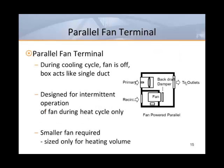Parallel fan terminals have higher system pressure requirements because the air handler moves design air all the way to the room, just like a single duct box. In fact, the cabinet designs of most parallel fan boxes require more system pressure than single duct VAV boxes. The higher the pressure drop is downstream from a parallel box, the higher the leakage will be through the backdraft